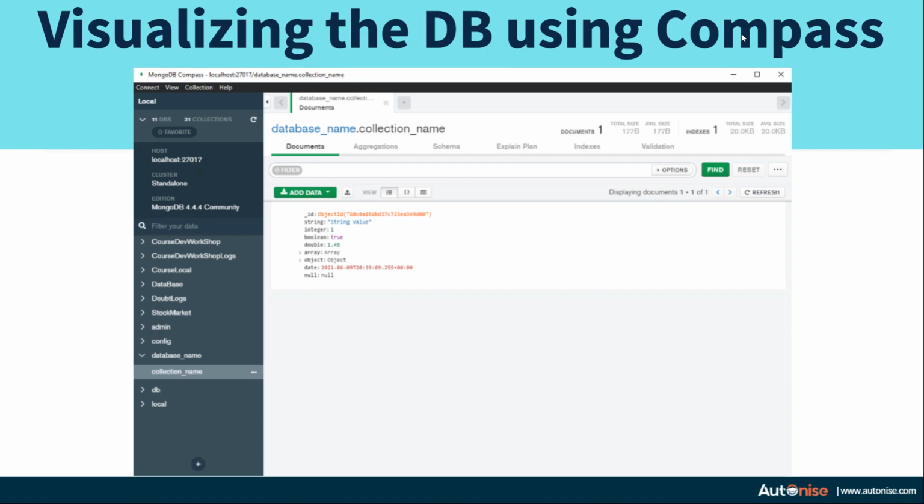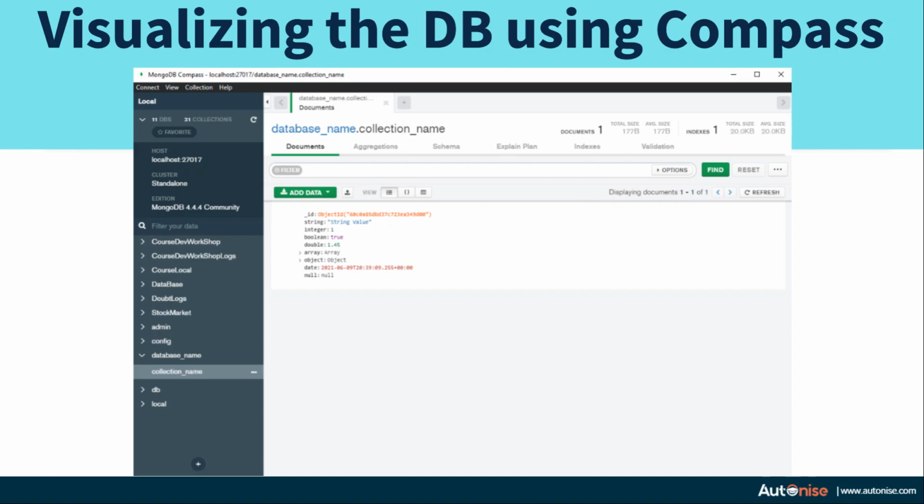Compass also has a lot of features. You can add documents directly from the Compass GUI. Also, you can export the database as a JSON or a CSV file and then upload it in another Compass interface. So you can download the data from your local DB and upload it on a remote DB easily using Compass. Also, you can connect to remote databases using Compass by using SSH tunneling. You can find out how to connect to databases using SSH tunneling in Compass easily via the internet.